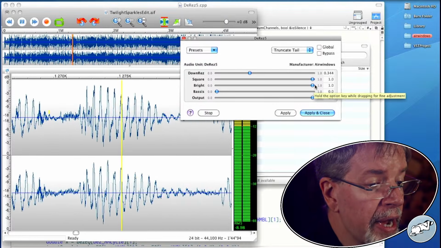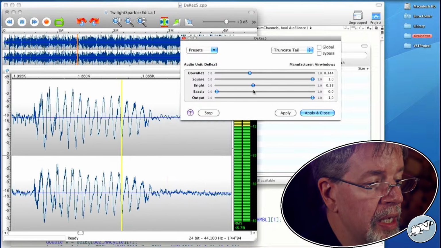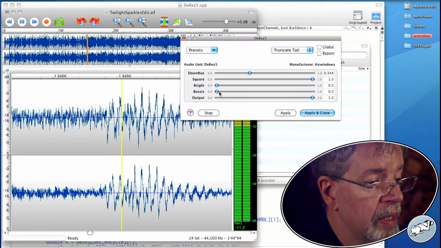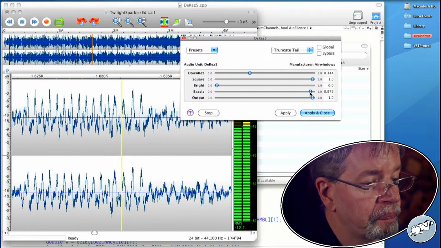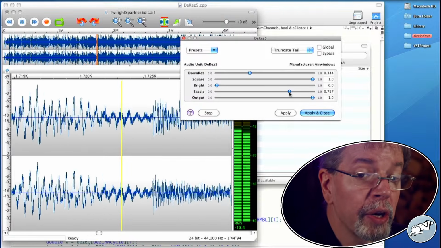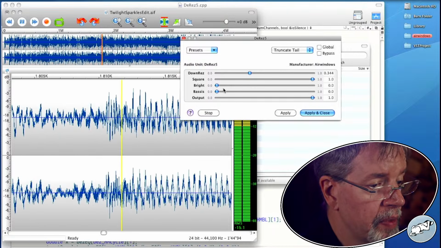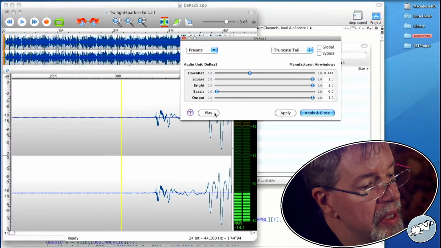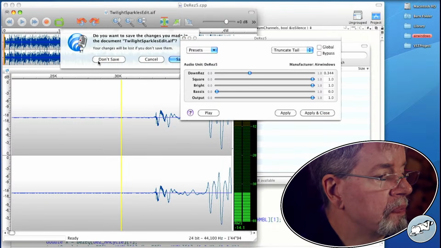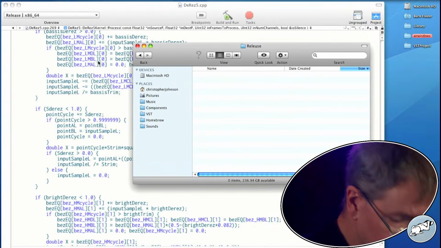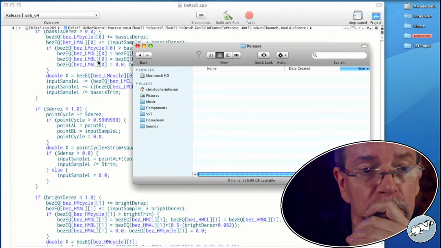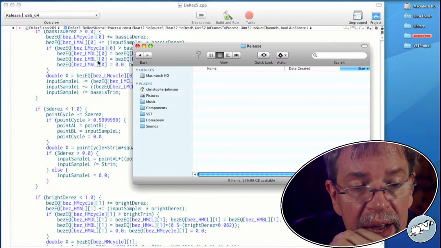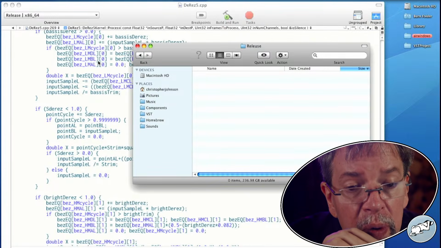And then we can soften that with the bright filter, and take away lows with the basis filter. So far, so good. So that is where we're at so far.